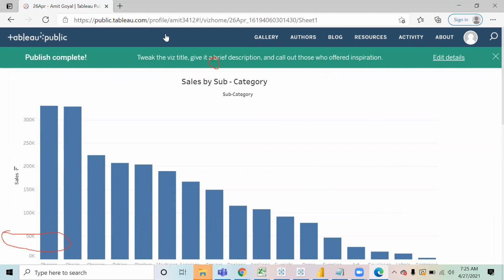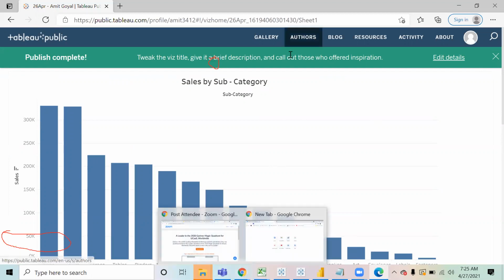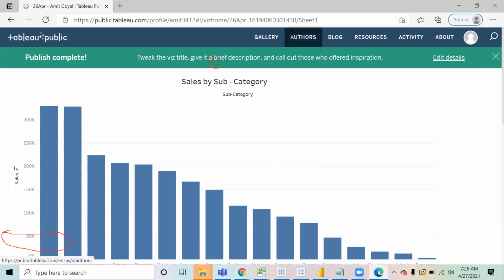Now I'm just sharing one data set with all of you, which we are going to use now. I'll share it on WhatsApp only, right, like we did yesterday.